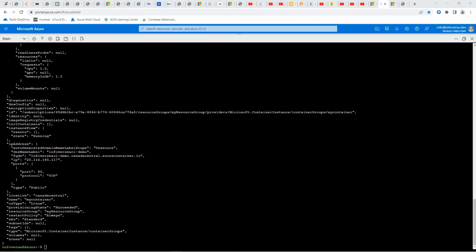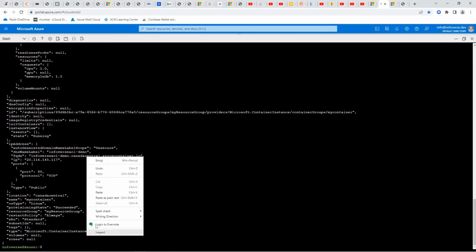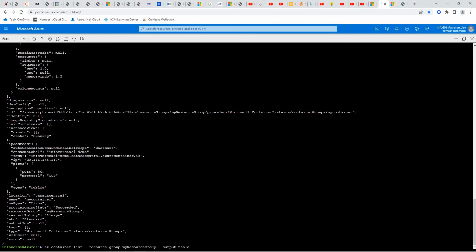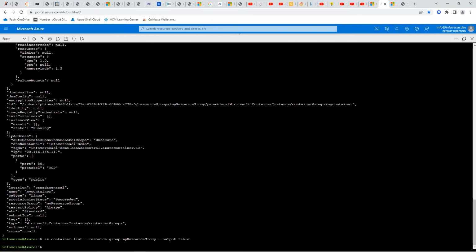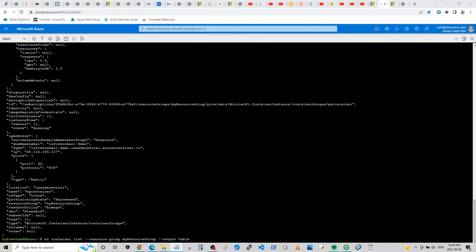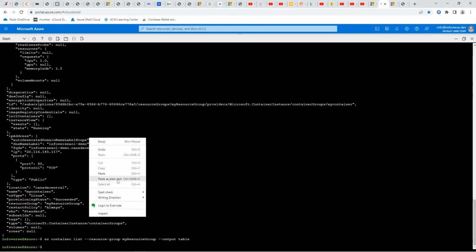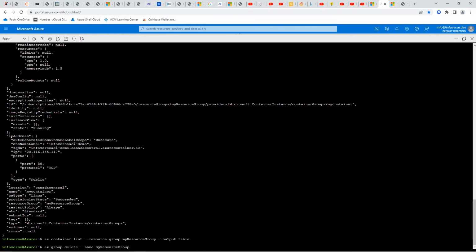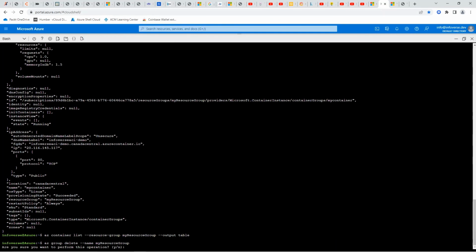And let's now check by doing a list of that, and the container shouldn't show up. So az container list resource group, and we want to output the result. When we run that, it comes up blank, indicating that it's been removed. Now to further clean up, we can also remove the resource group that we created as the first step. So when I run az group delete and the name of the resource group, it will again ask,